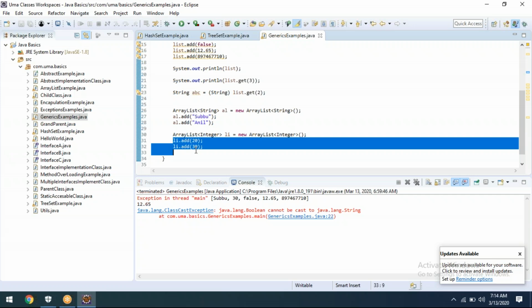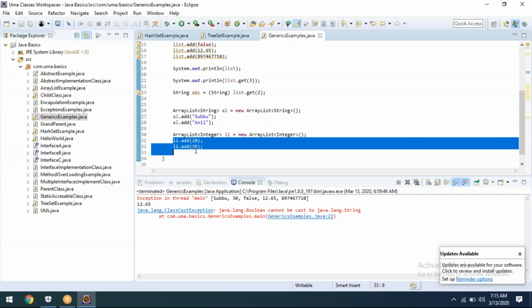Now one more pending topic with us, that is the map. Now we'll complete the map today. Till now, we discussed list and set. There are some particular properties, characteristics or advantages for set and for list. If you observe all these, we are generating only a single dimensional array, a dynamic array. That we need to understand.